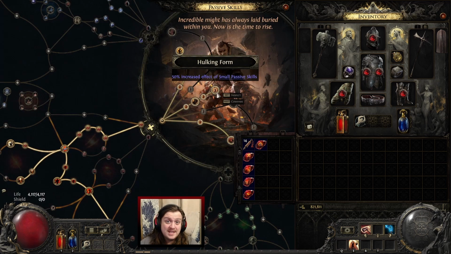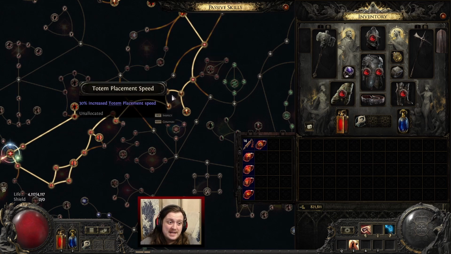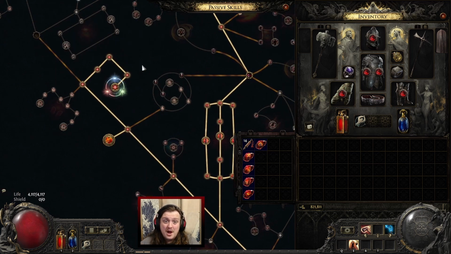One important thing to note about this Ascendancy. Hulking Form is a 50% increase of small passive skills. Attribute points are not small passive skills. I know this sucks. I got baited by this as well. However, it does not work. It doesn't work with any skill that has this sort of little plus sign attribute node. So even these +12 strength ones and these ones down here that say strength and reduced mana are not affected